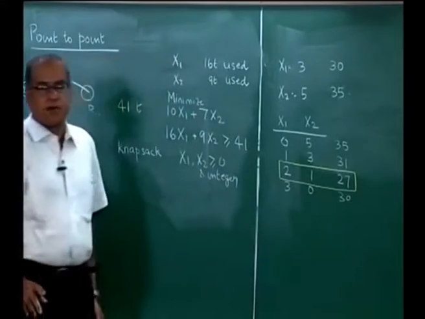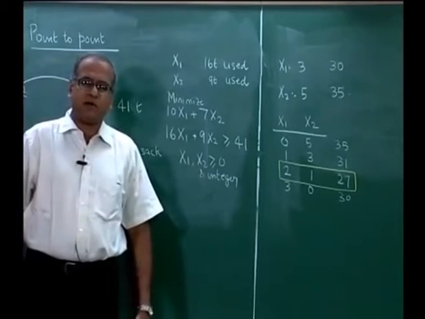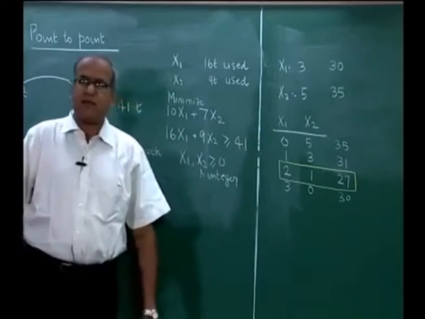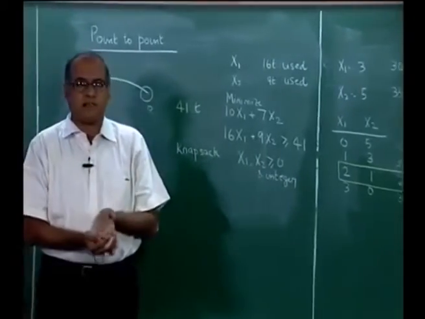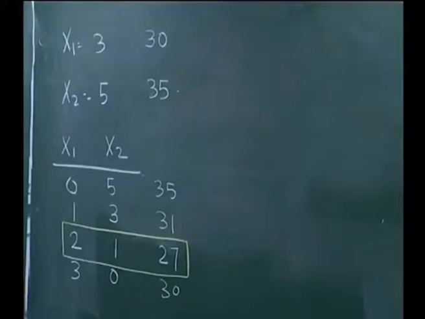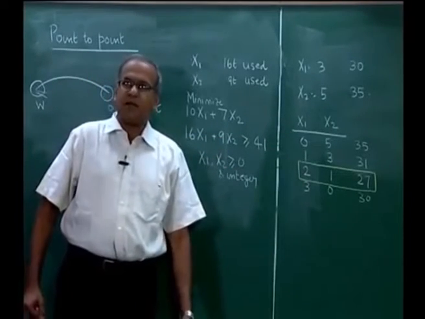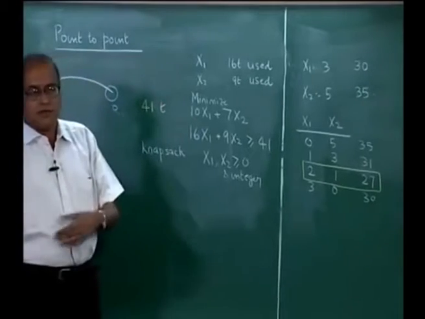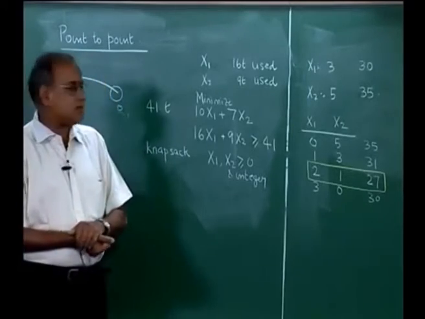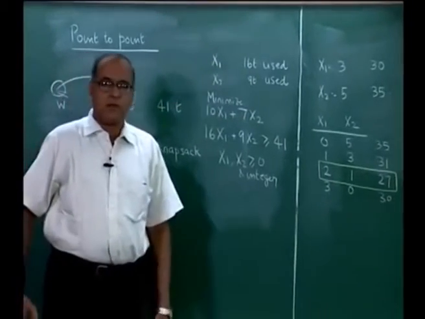Therefore, the single constraint knapsack problem also becomes a hard problem, and some efficient methods such as branch and bound algorithms are also available, which essentially do the complete enumeration, but they do what is called implicit enumeration. They do not do a complete enumeration explicitly. By creating some bounds, it is possible to reduce the number of computations to a meaningful number and then try to get the best solution using branch and bound algorithms or implicit enumeration algorithms, which reduce the number of explicit enumerations and try to give us the optimum solution.